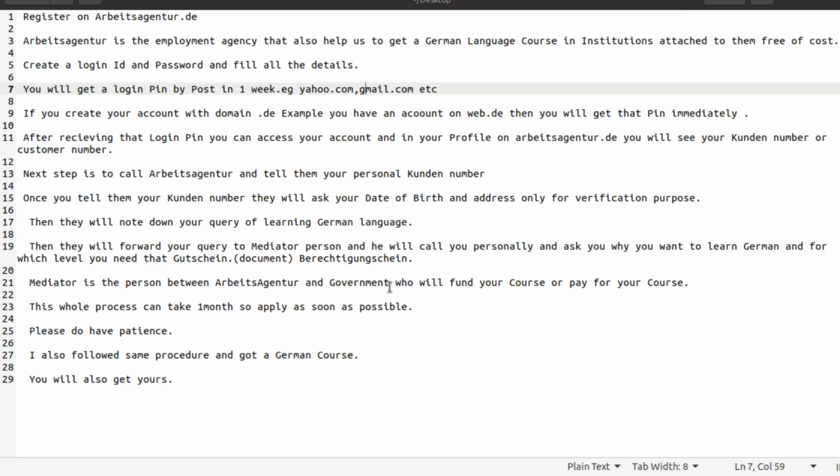While the government is paying for people with a migration background, why should we pay? So it's a very good thing that you apply and get your German course, whichever level you want to do. The only thing you need is patience.